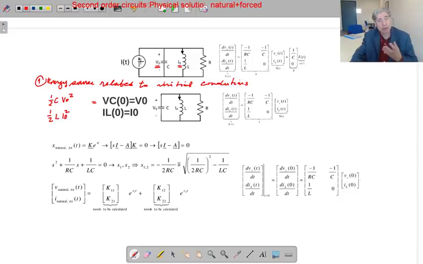How am I going to deactivate this element? I am going to make it open circuit. When I make it open circuit, my circuit is going to be this. This circuit's mathematical model is going to be this differential equation. What's the difference between those two? If you replace I(t) equal to 0, this is going to disappear, so you're going to end up with this. Now we are saying the solution for this initial condition related solution